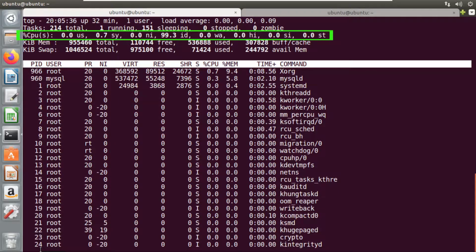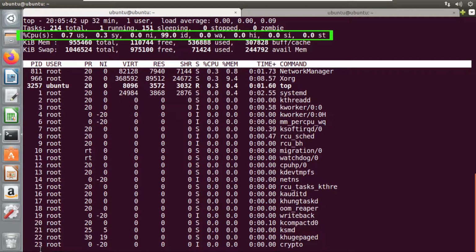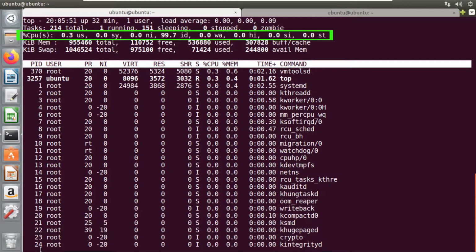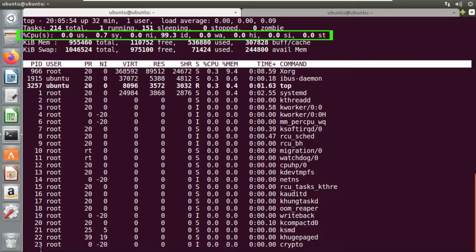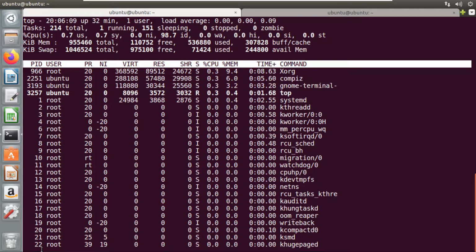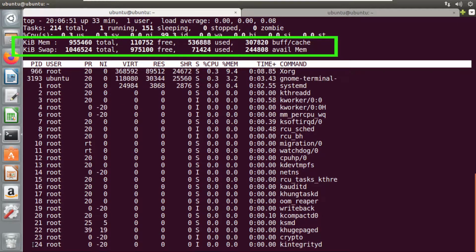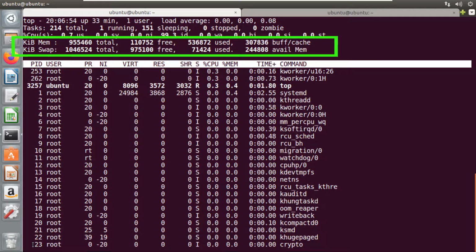The next is the steal time. For this, consider an example that the operating system wants to perform some task. Now if my CPU is busy with some other work, or let's say some virtual task, then my OS needs to wait. So the time wasted here to detect whether my CPU is present or not is called the steal time. So the total steal time can be displayed here. Last is the memory usage, which gives the information of RAM and the swap space. So it gives the details of total memory, free memory, used memory and available memory.